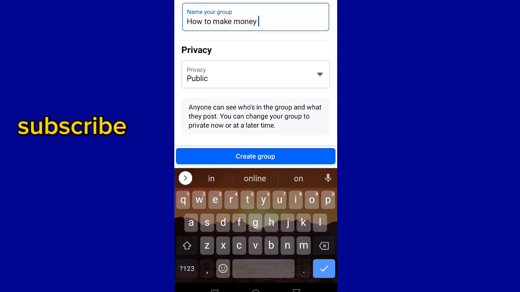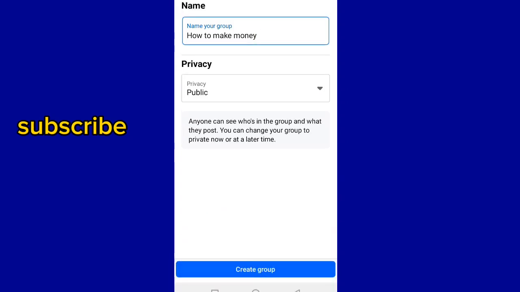Yes, you click create. On the next step, you are going to invite friends to your group, and the next step you're going to put pictures for your group. So make sure you put a very attractive picture to attract people to join your group. After finishing creating the group, it's time to promote it, because you need people to start joining your group. So now to promote your group, you have to come back here to the Facebook homepage,